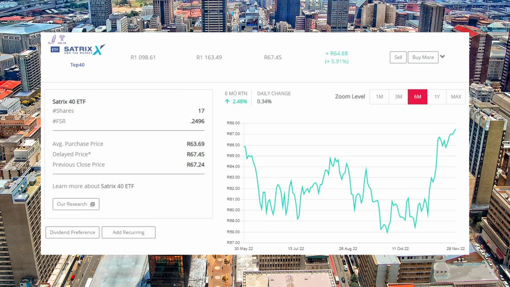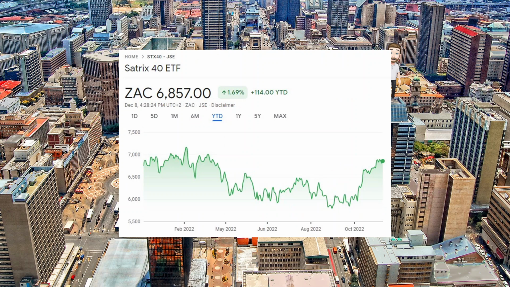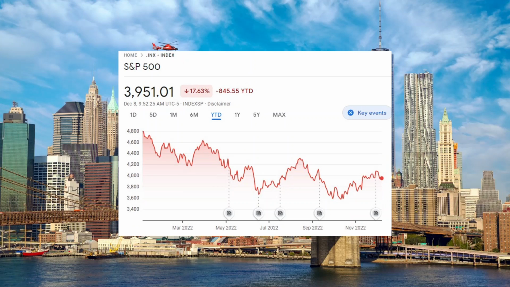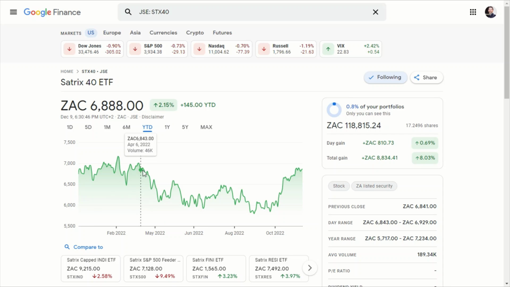But here is the interesting part. Since January to now, the JSE 40 is only up 1%, the FTSE 100 is down 0.2%, and the S&P 500 is down 17%. So the only reason we made these profits is because we invested every month without fail during the good and, more importantly, the bad, to make higher profits when it goes back up, continuing to invest